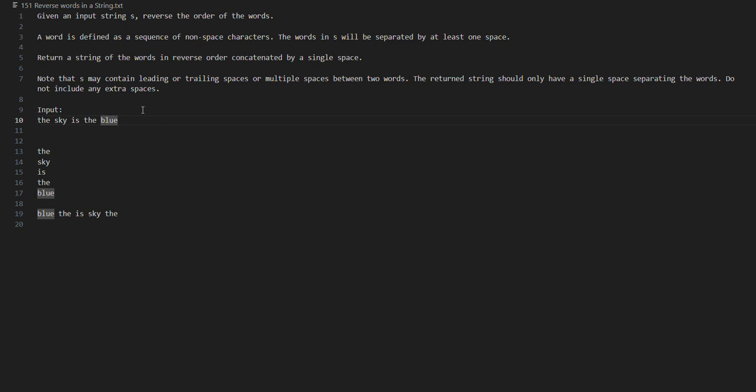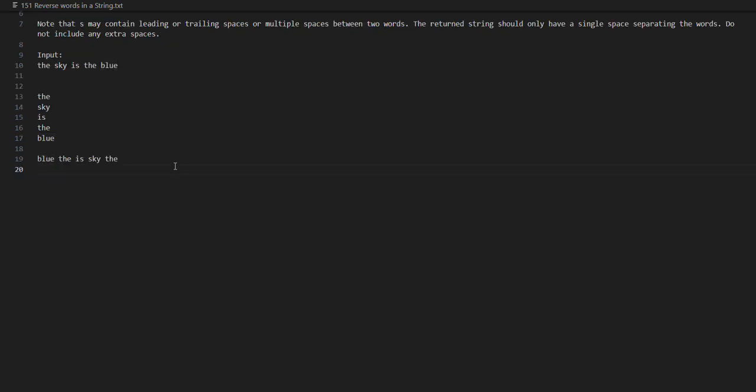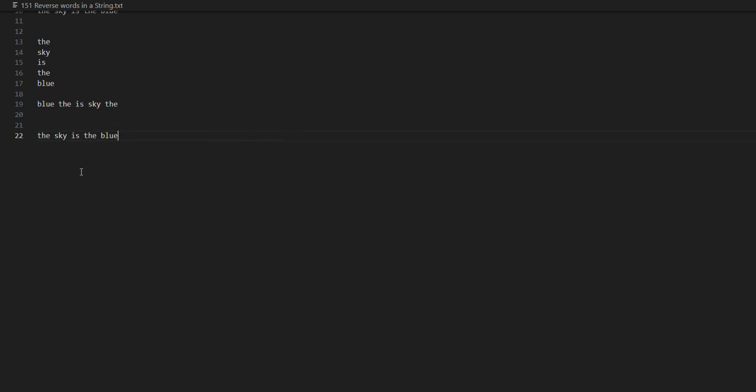So the algorithm would look like this. Let's say you're storing the result in a result variable, which you would initialize with an empty string. First of all, you extract the word the, and you would store that in the result. So the result would look like